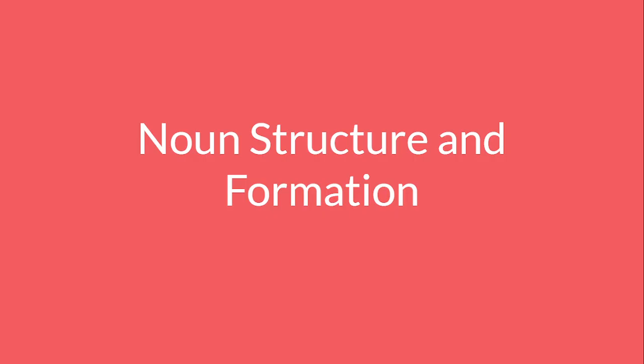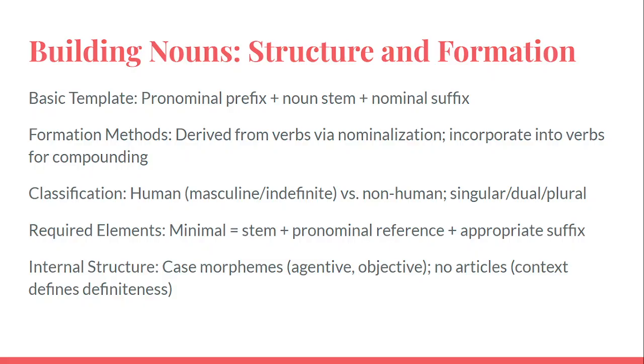Now we're going to talk about noun structure and formation, which goes back to the polysynthetic rules that Tuscarora has. So you can build nouns from verbs, and you can actually stick those onto other verbs as well. The great thing about Tuscarora, like many Native American languages, is that there are no articles. So no the, no a or an. You don't have to worry about that. Context essentially will tell you if it is definite or not. Context is everything; the verb will tell you most of what needs to happen.